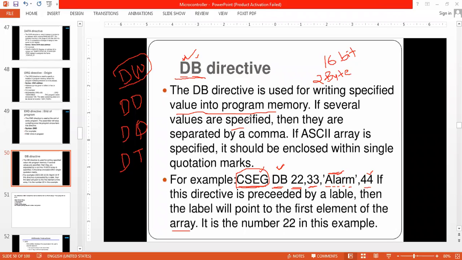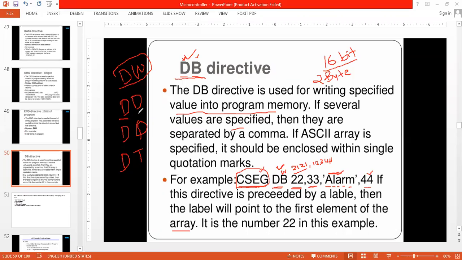If I write DW here, I can write 21, 21, comma 1234H. Like this, this is going to be 16-bit data. So DW stands for 16-bit data.